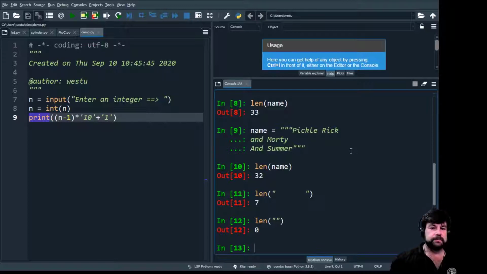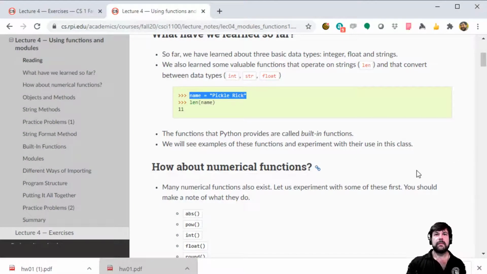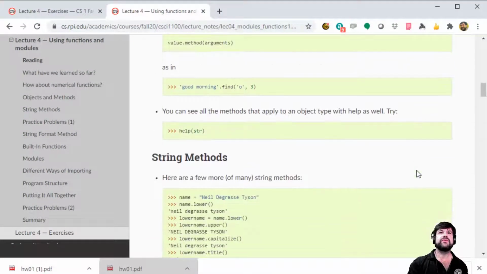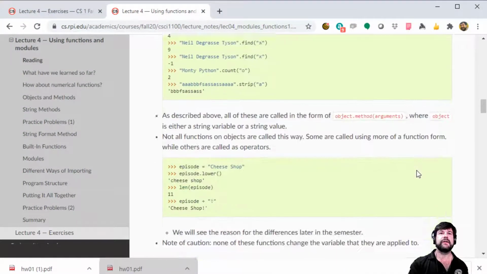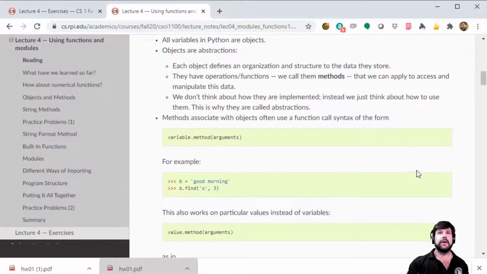All right. So let's see, where is it? It's right in there someplace. Yeah, right about in there. All right, so